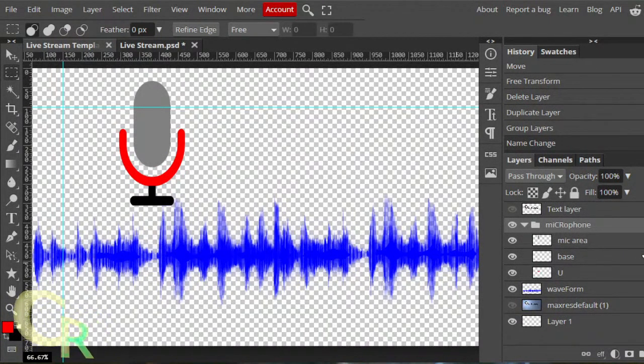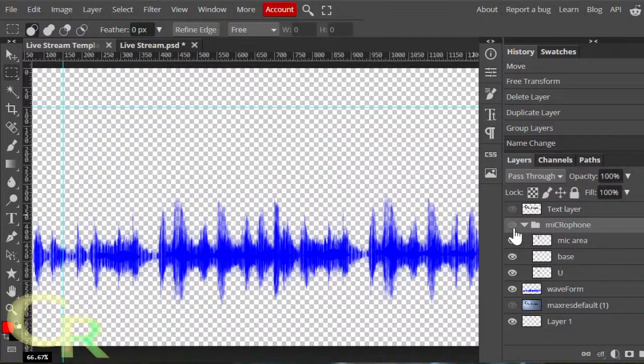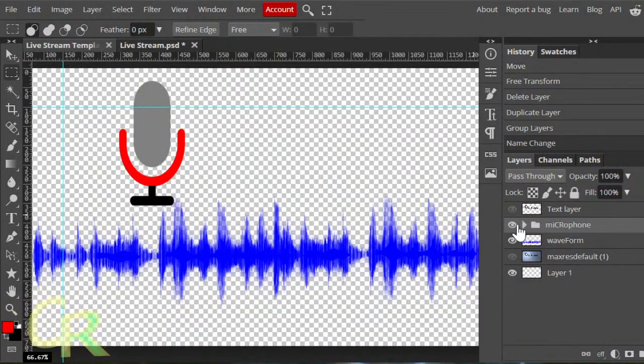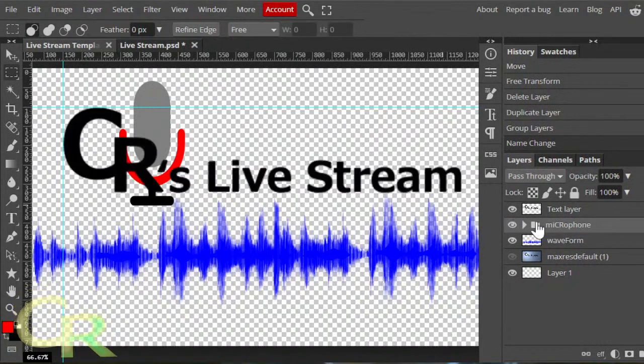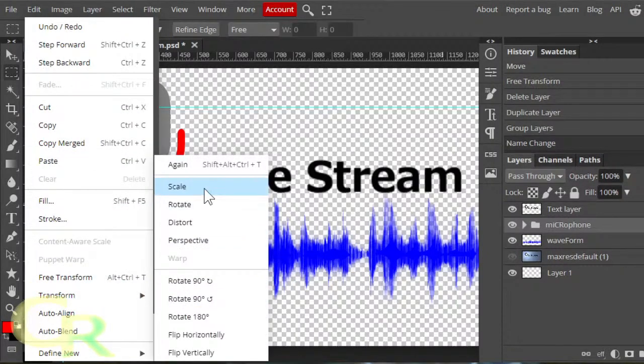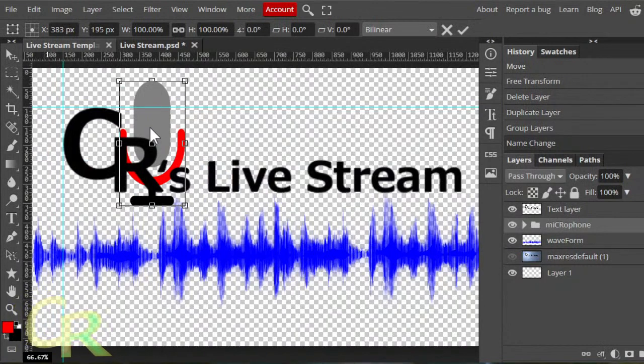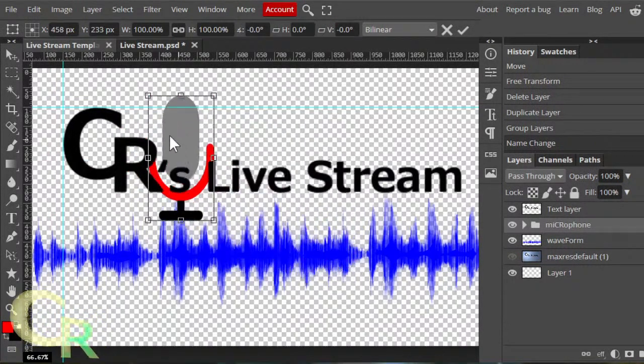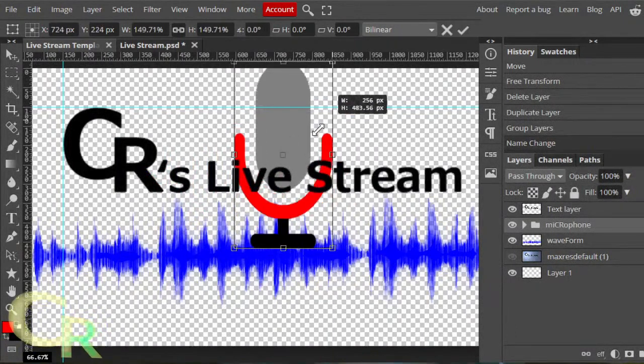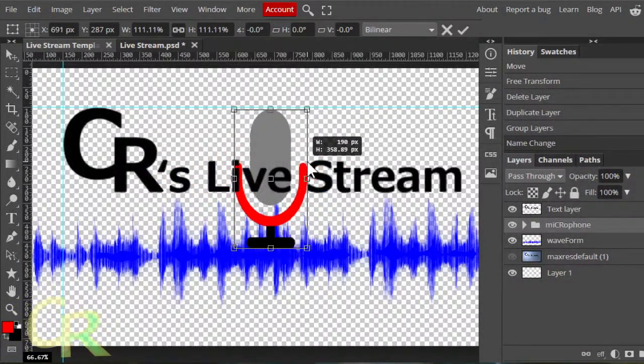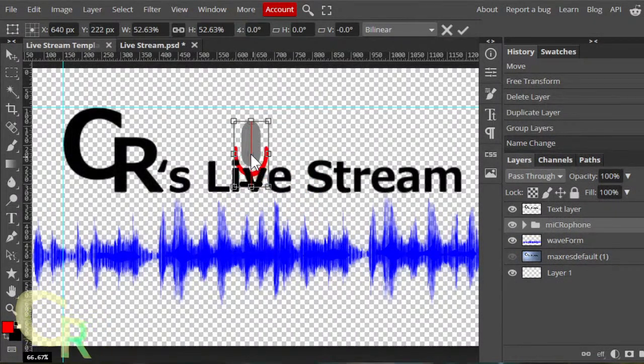Well, yeah, I got this microphone layer in here now. As you can see, it's in a folder, so I can always bring that back, put it somewhere or whatever. Move it around, change the size and stuff like that. So, select the microphone layer. I should be able to scale all of it. Yeah, I see I can scale the whole folder, all at the same time. So that'll be good. So let's try.